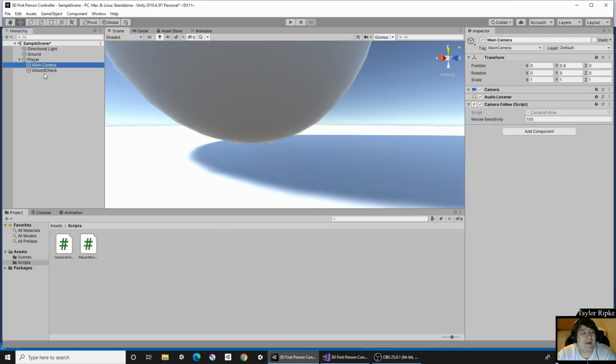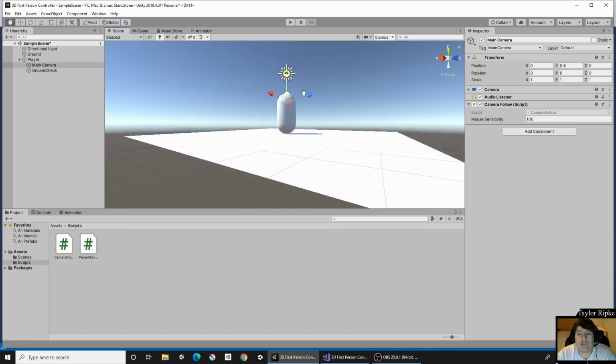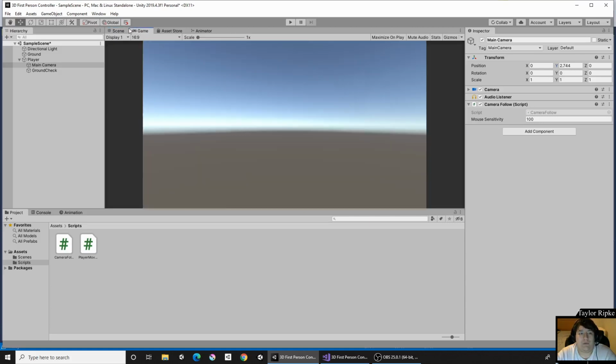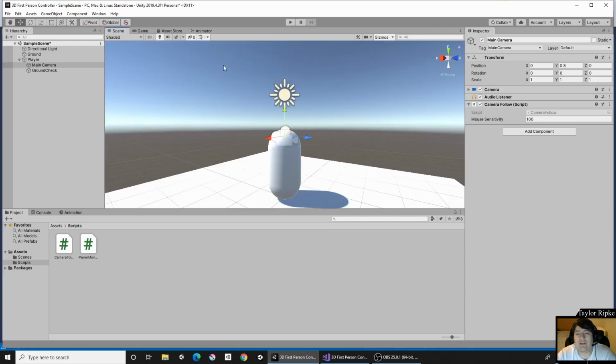Next, I would like you to go ahead and child the main camera in your scene, which is currently sitting outside of it, to the player. It doesn't matter what order it's in. It could be in this order or that order. We just need to make sure that the main camera is childed to the player, and in this case, I would like to set the transform to 0.8 and 0. The Y value is just going to determine, well, how high is that camera actually. You could make the camera all the way up here, and then the player is going to be really tall, but we'll just leave it at a nice value of